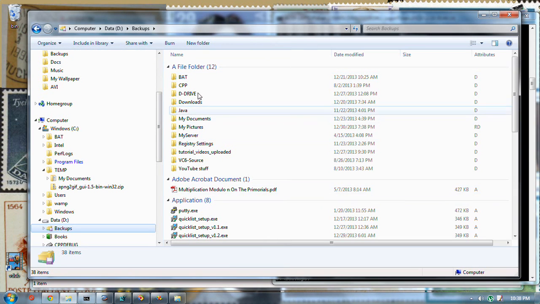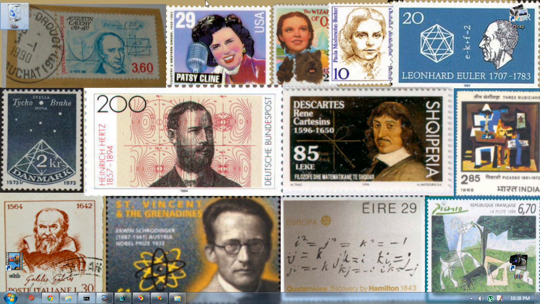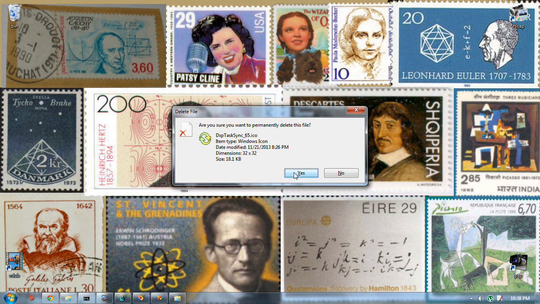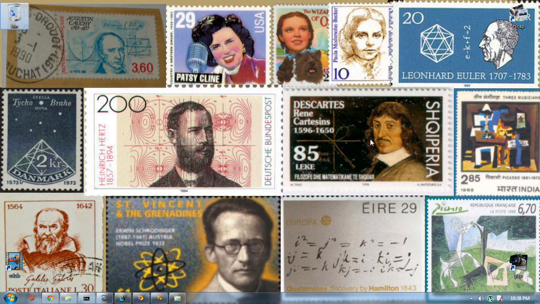Now, not having a new wallpaper to show you, I figured that I would revert to my stamp collection, and maybe I could just mention one of the characters involved in this collection. I was thinking I might say something about Galileo, but Tycho Brahe, I don't know if you know, many people are unaware of Tycho, who was Danish, by the way. He was a Danish nobleman,